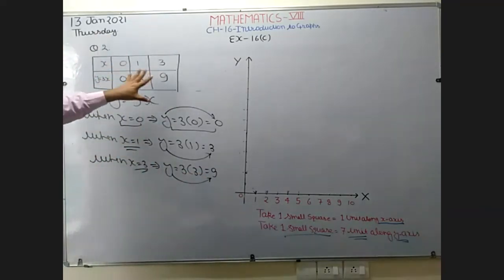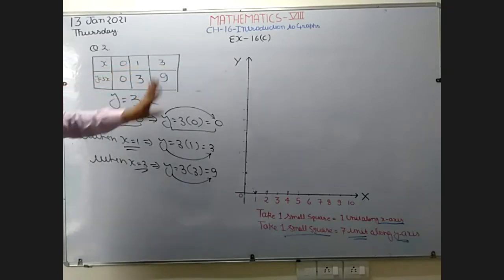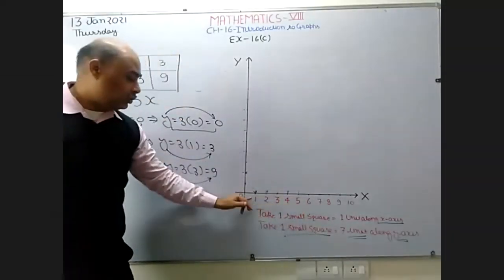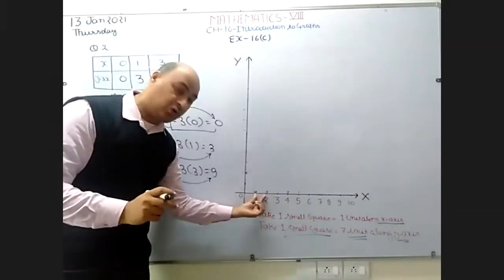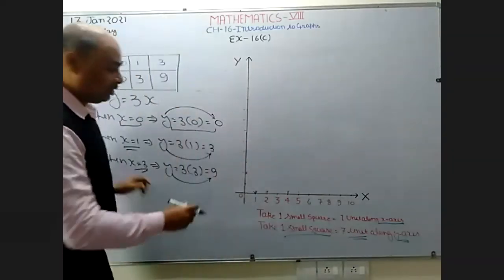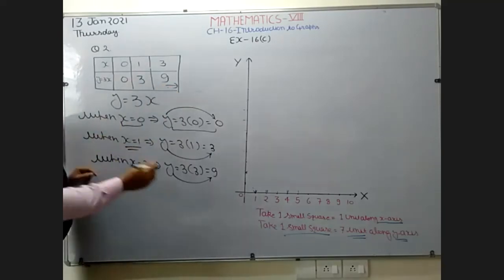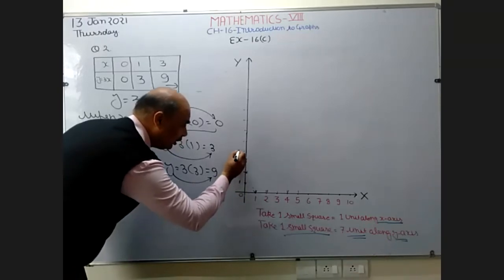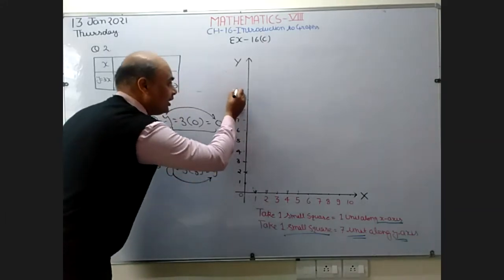Now we want to represent this table on the graph. Now I take, see what is given. All the values are 0, 1, 2, 3. So I take this small box as 1 unit. Along the x-axis, I take this small box equal to 1. If the first small box is 1, next is going to be 2, 3, 4, 5, and so on. Now in this question, I take the y unit also 1 because fewer values are there. So I take this y unit equal to 1, this equal to 2, 3, 4, 5, 6, 7, 8, 9, and 10.